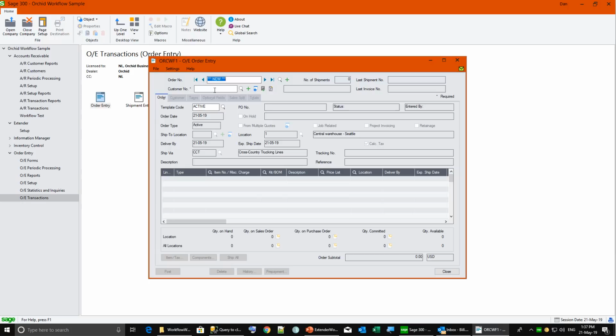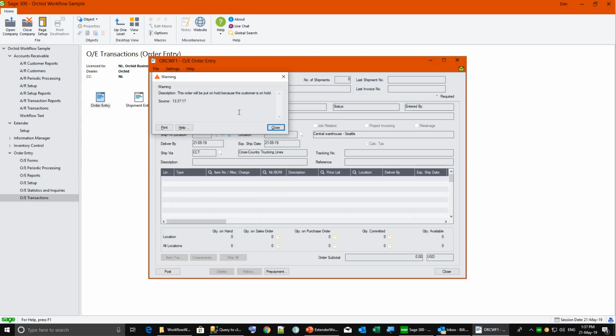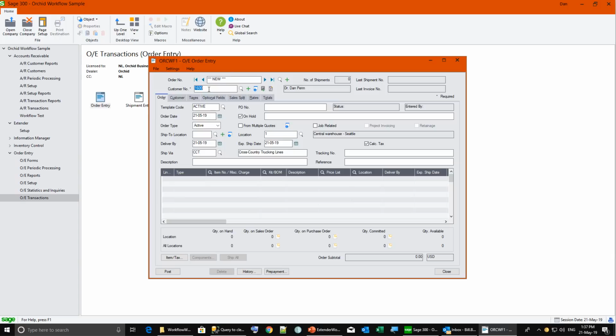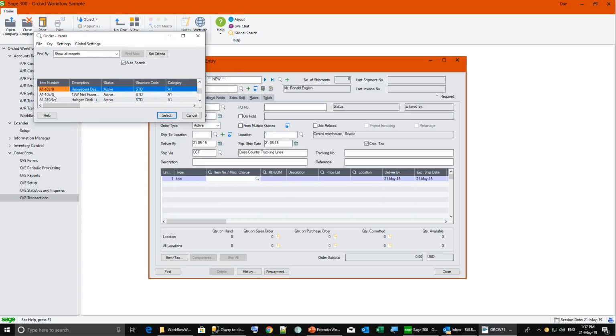Final scenario you're going to look at in a bit of detail is whenever I'm inserting a new order for a retail customer, so customer in the retail group, I want that order to be put on hold so that the manager can review. So I don't want it just because the customer is on hold. I want it because the customer is in the retail group. Because I want somebody to review